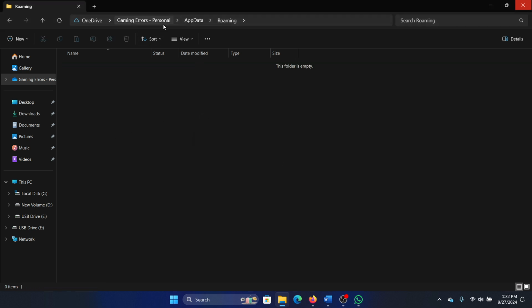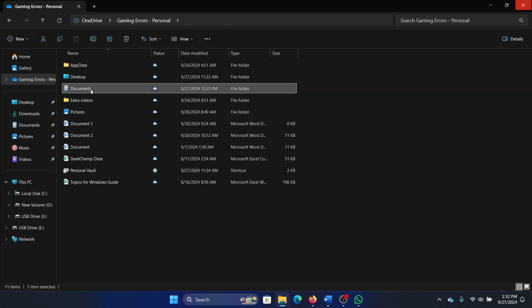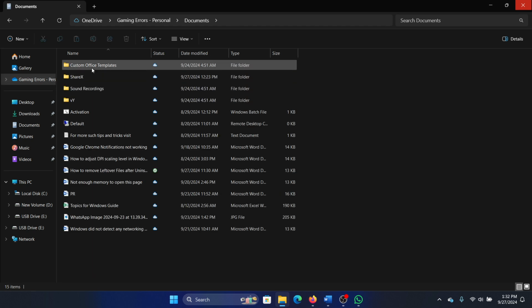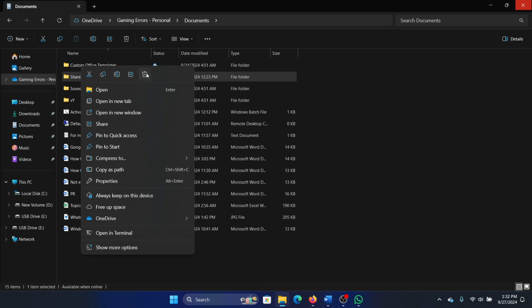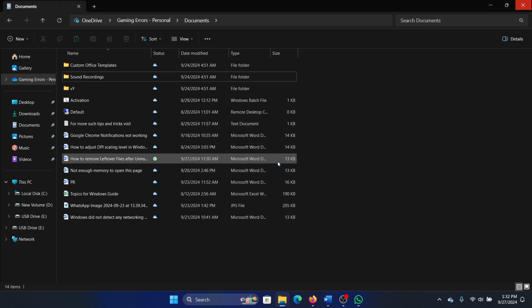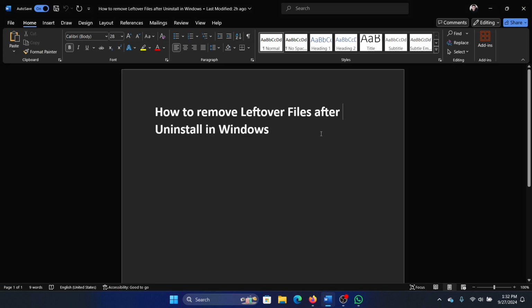So delete it from here, and then you can go back to the same page, go to documents, and if you find Adobe's folder here, for example, I have ShareX folder here, but if you find Adobe's folder, just delete it. Okay, so once you delete it, you're deleting most of the components, but you may still be needing a